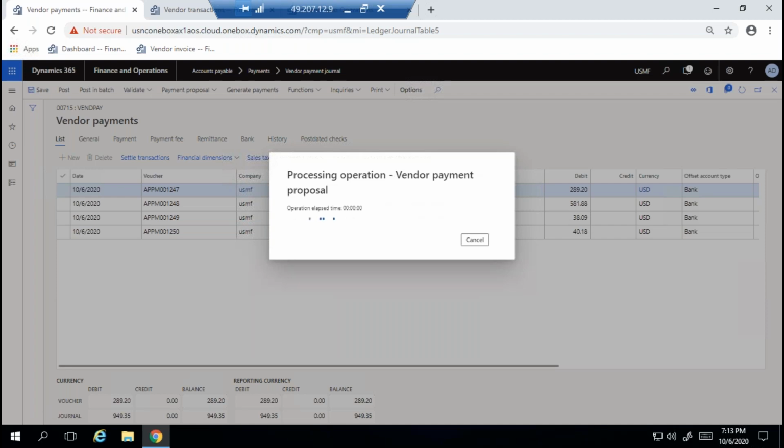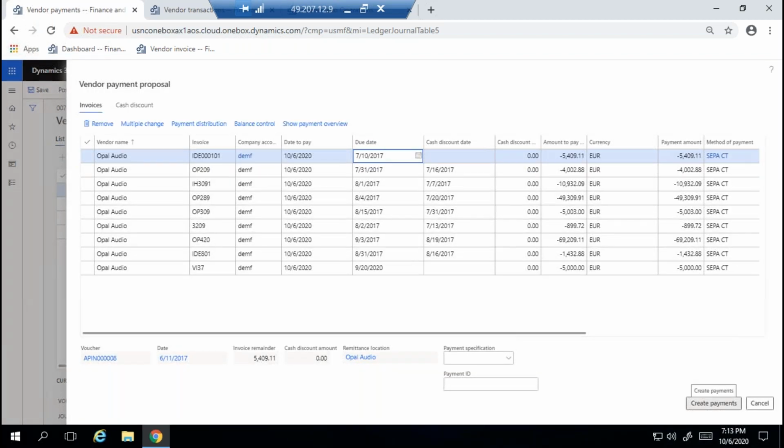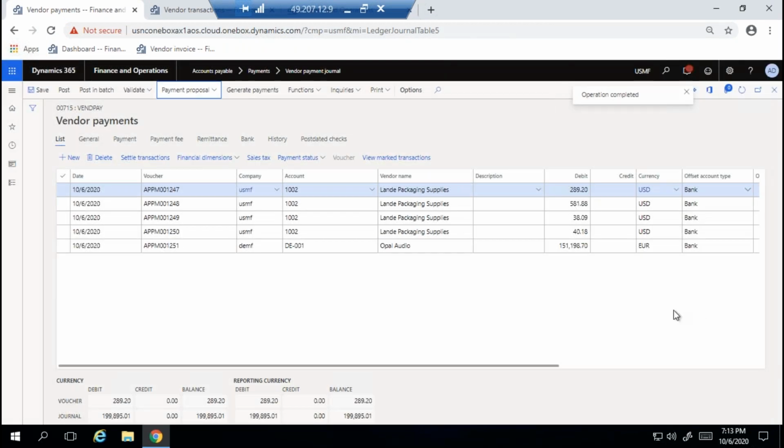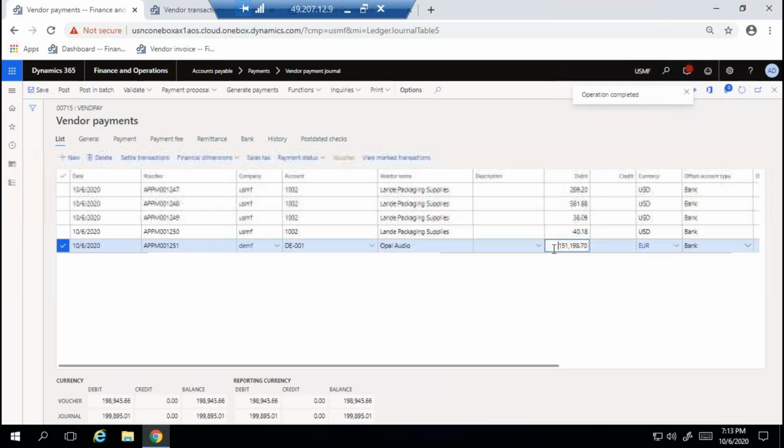It will populate the invoices automatically. You can click OK. So this is the DE001 company balance. Understood?